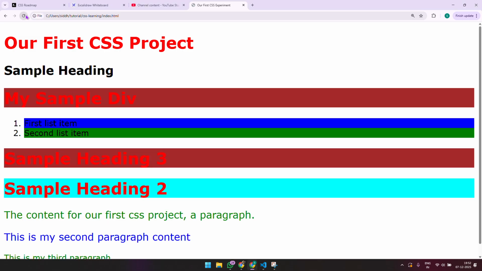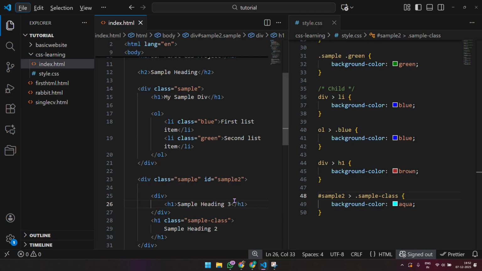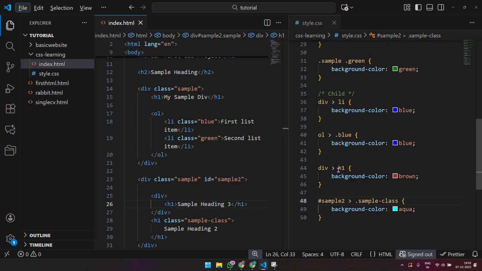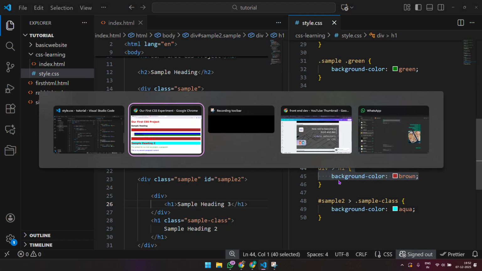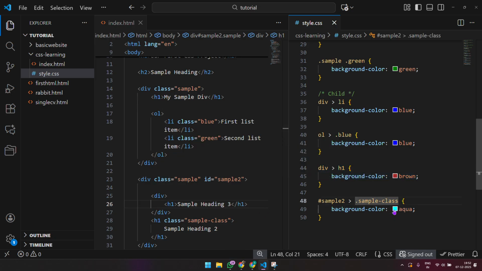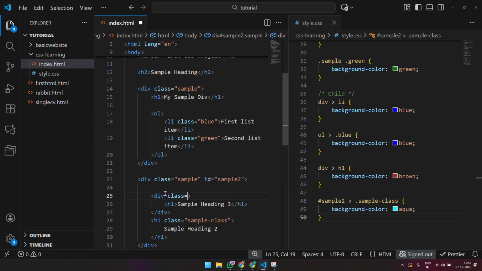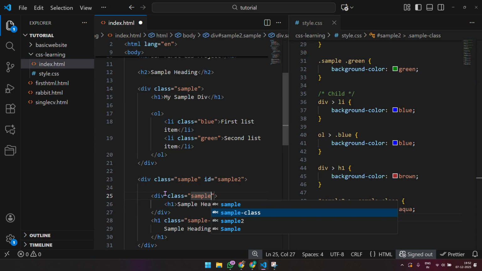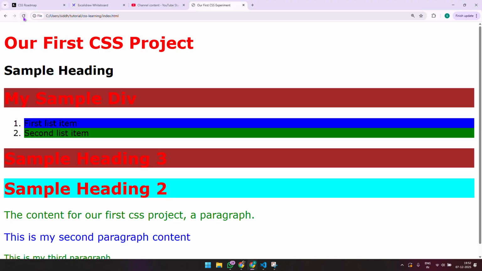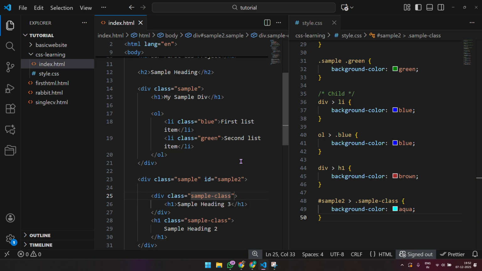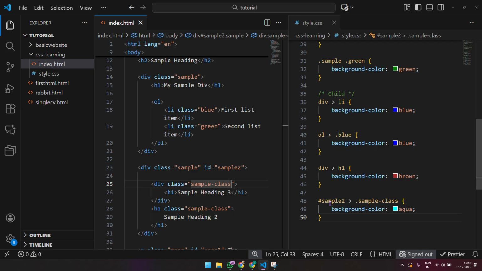do you think it will apply? It won't. It is taking brown. The reason is any h1 that is a direct child of a div needs a brown color, right? The aqua will apply only to the ones which have a class of sample class. So if I say class equals sample class, this is not turning aqua. The reason being it needs to be a direct child of sample 2,